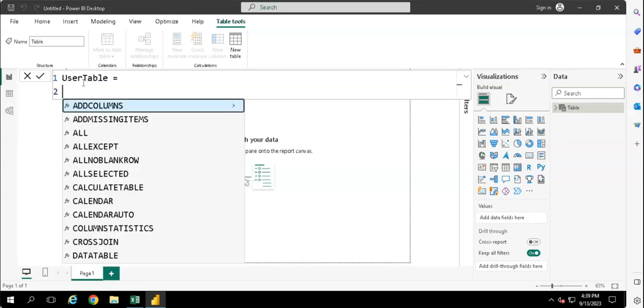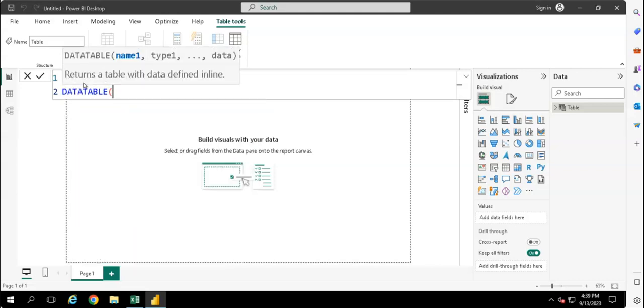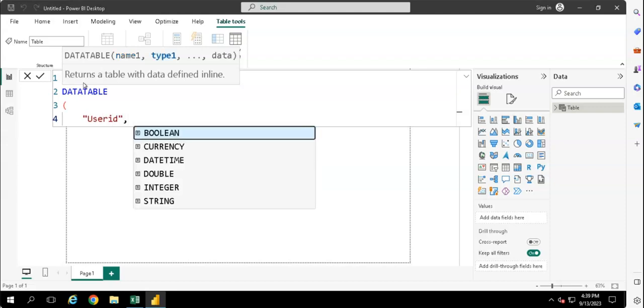Inside this user table, I am going to use a DATATABLE function. This function we initially use for the purpose of creating ad hoc tables. Means if you want to prepare or create ad hoc tables, then and there you can use it. So I'm going to start with a user ID, which is going to be an integer,